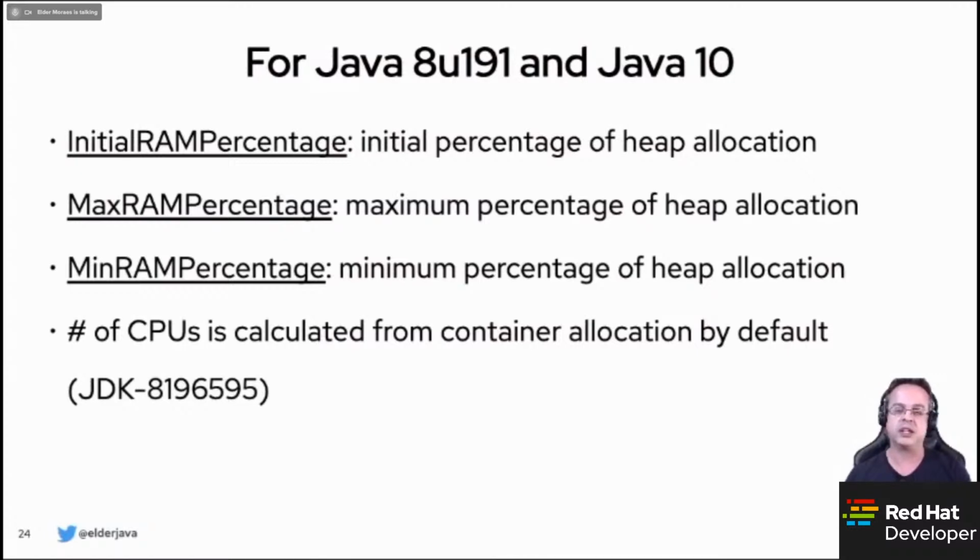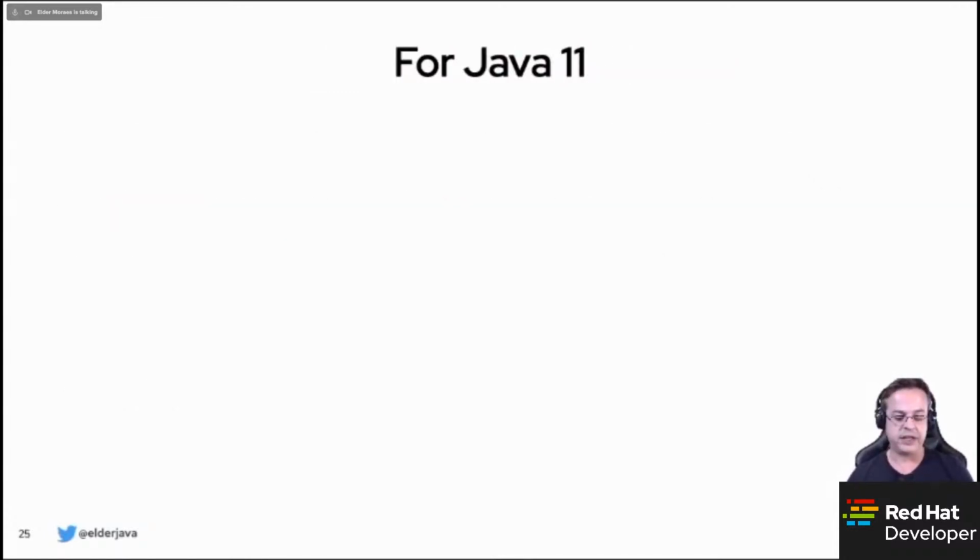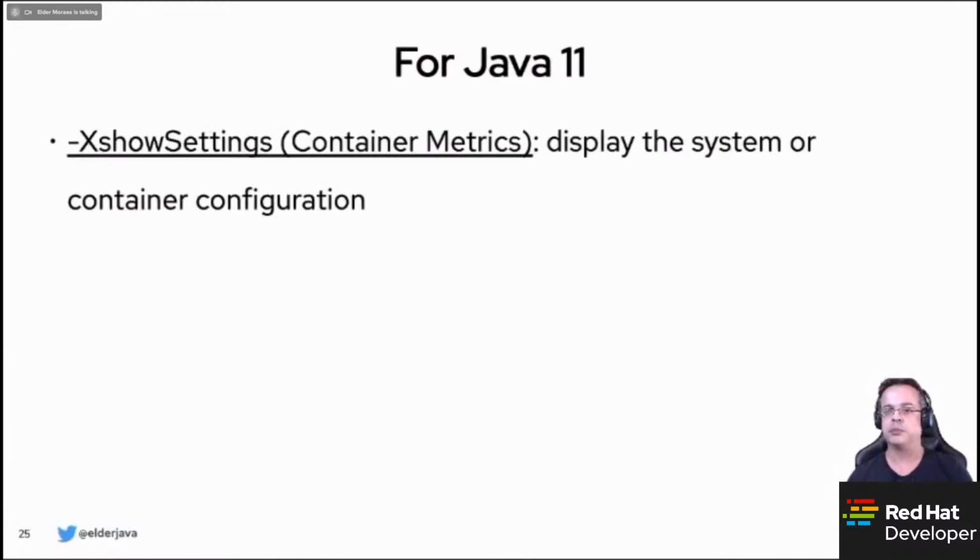Because before this version, if you were running a Java application inside a container, you needed to really configure it, to do the math, to do the calculation based on the container. And by that release, and we have here the real number of the JDK release, it's done by default. Okay, so if you just put your Java application inside a container, it will calculate based on the container by default.